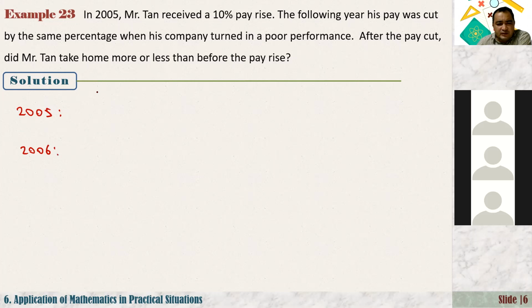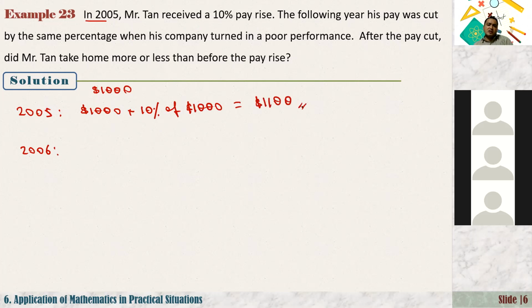Until 2005, let's say that his salary was $1,000. Okay, so it says that in 2005, Mr. Tan received a 10% pay rise. That means now his salary was $1,000 and it was increased by 10%, 10% of $1,000, which is equal to $1,100, right? So that is his new salary because of maybe good performance, or the company made a lot of profit, so they decided to increase his salary. And it says that the following year, that means in 2006,